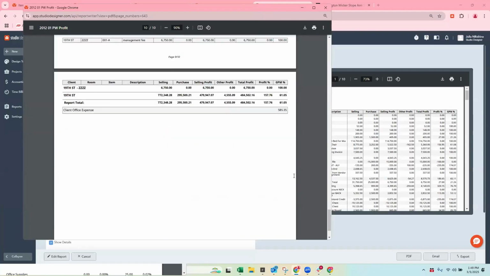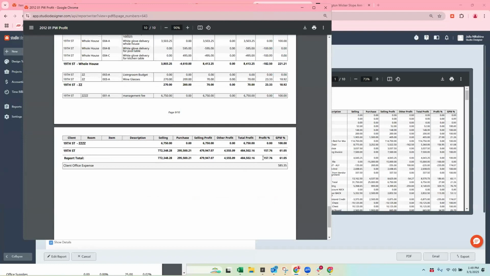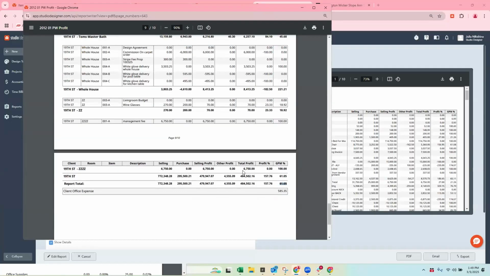At the very bottom of this report, it's going to tell me what my average markup is. It tells me if I have any dollars tied to that client in terms of administrative expenses. And then what's my gross profit margin, which is different than my markup. Our information is super skewed in here. We're marking up 157%, which is obviously amazing if that's true, and then our GPM is 61. So if you're not familiar, definitely look at this report.